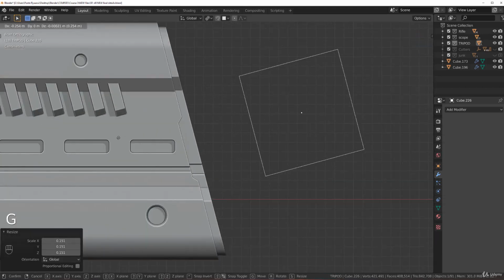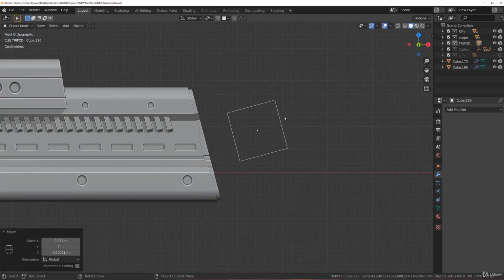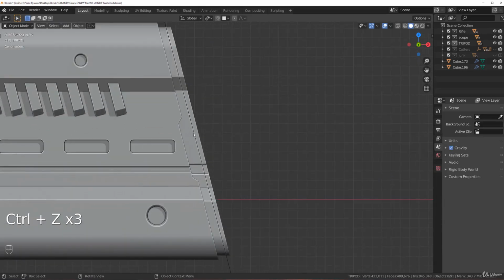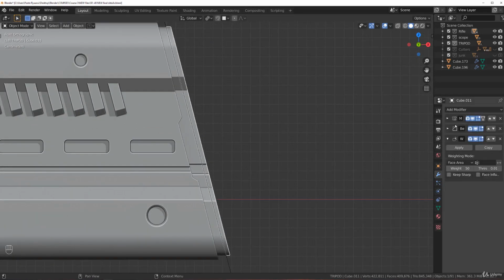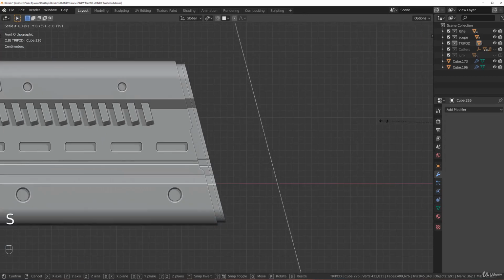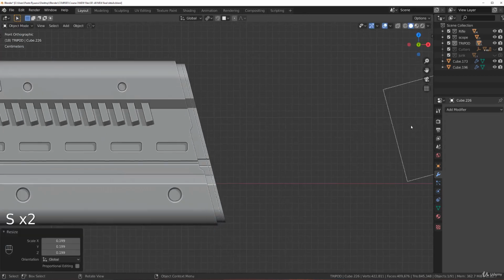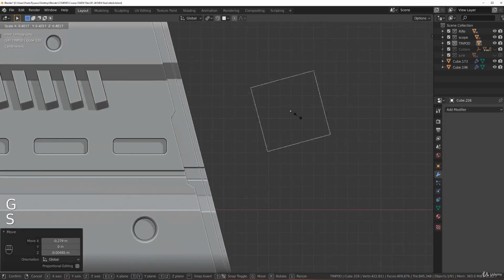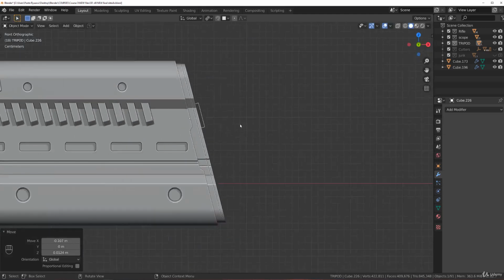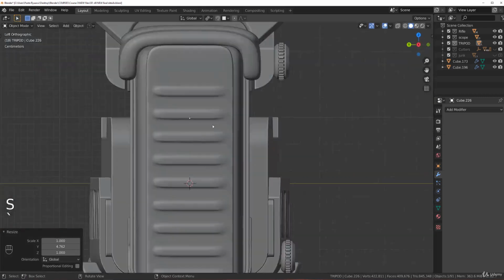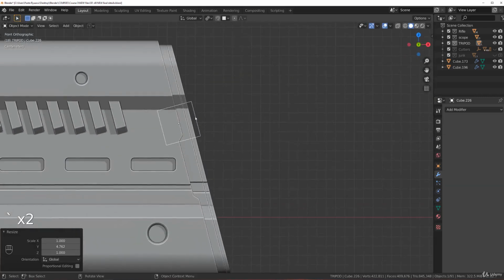So ooh, this is still boolean. Oh, wait, whoa, what's going on here? Ah, there we go. We good now? We good now. So scale it and move it here, scale it and move it in here, and we're gonna have a little bit of fun. So come here and move it in here like this and slice it